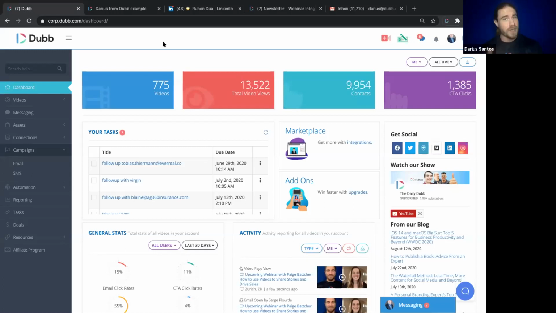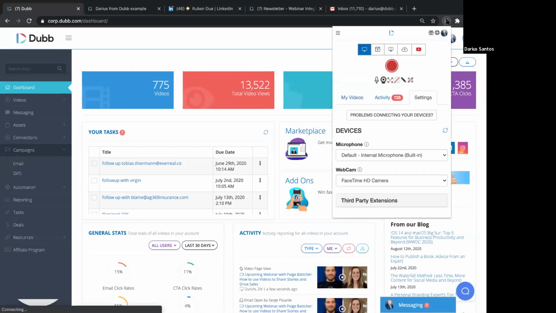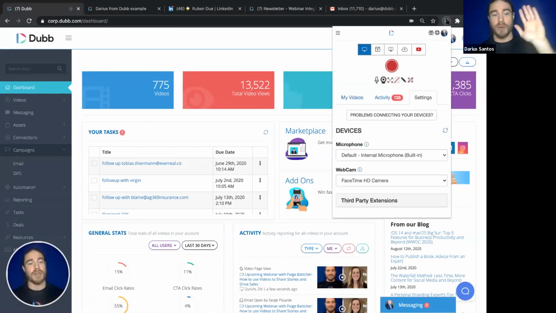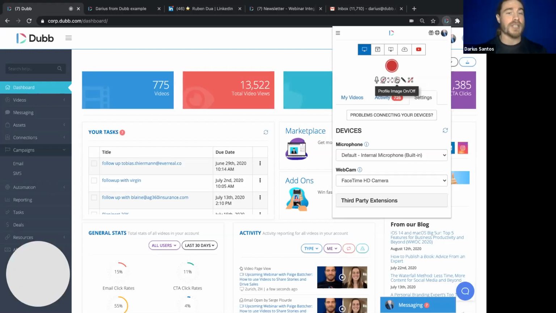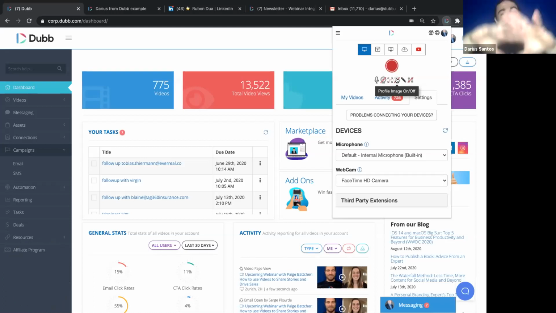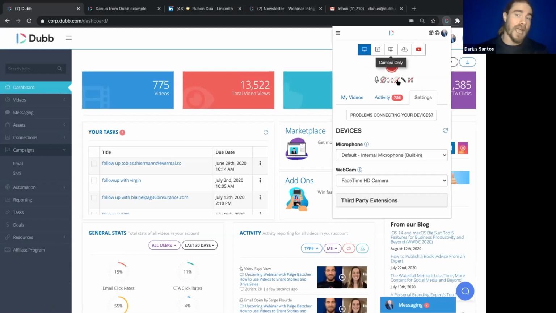So the creation of the video, meaning we can create these videos with one click from almost wherever you're at. We have a Chrome extension here. The way this guy works is you just click it, and it gives you access to either your screen recording. It's a little delayed because of the size of the Zoom right now and multi-camera access, but we can record the screen. You can record your webcam down there. It can even be your profile picture, say if you're feeling camera shy, or even just your voice. And we can record either the full screen or just the partial screen, or even just our webcam, all from